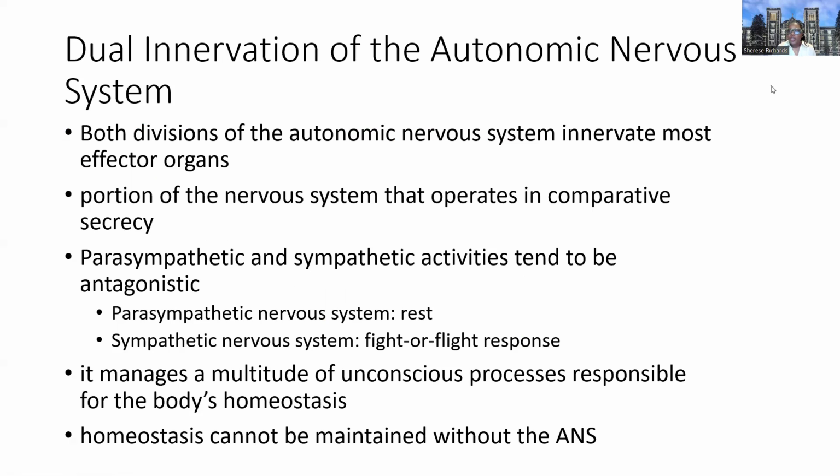Now, we want to think about the dual innervation of the autonomic nervous system. What does that mean? That means that all of our glands, our smooth muscle, all of our central organs, right? Think about your heart, lungs, kidneys, your gastrointestinal tract. All of those are being dually innervated. They're being innervated by the sympathetic system and the parasympathetic system, and they're acting antagonistic, right? Antagonistic, almost like evil and good twin brothers.